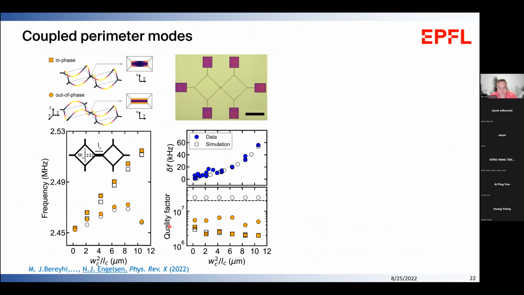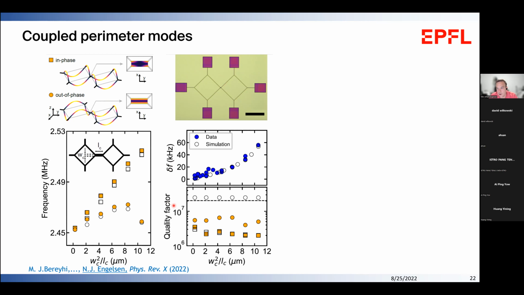We also made arrays of these perimeter modes, so they can actually be conveniently coupled to each other. By having 2 polygons next to each other with a little tether in between, you can get a torsional coupling between the 2 modes of these structures. And this can actually be useful for different kinds of parametric sensing experiments. And we can tune the coupling between the 2 polygons by changing the width and length of the coupler. And we can then see that we get this frequency splitting between the in-phase and out-of-phase coupled modes of this